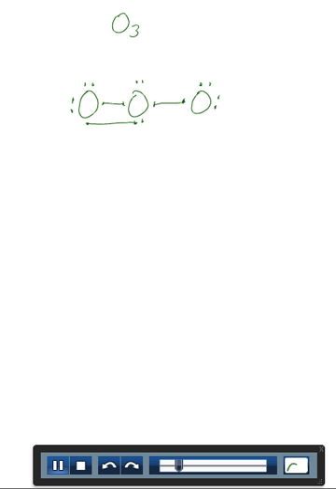Now, in this case, we have an unpaired electron here and here. They don't want to stay unpaired. They want to try to bond with something. So one thing I could do is I could connect dots here and connect dots here. That would give me